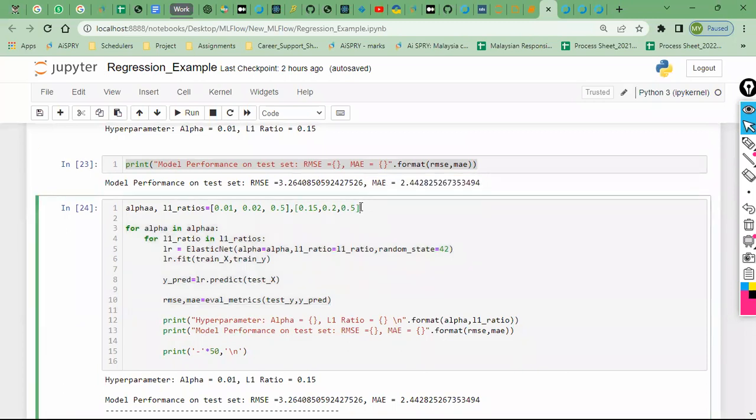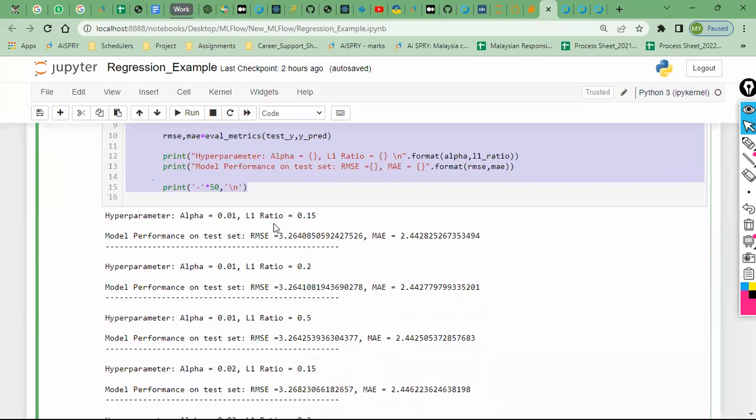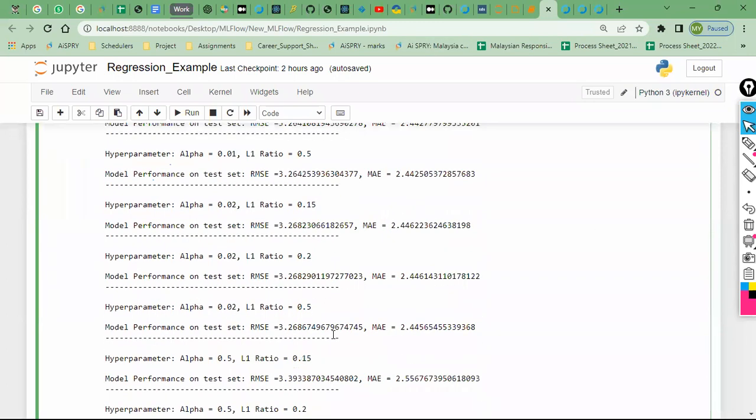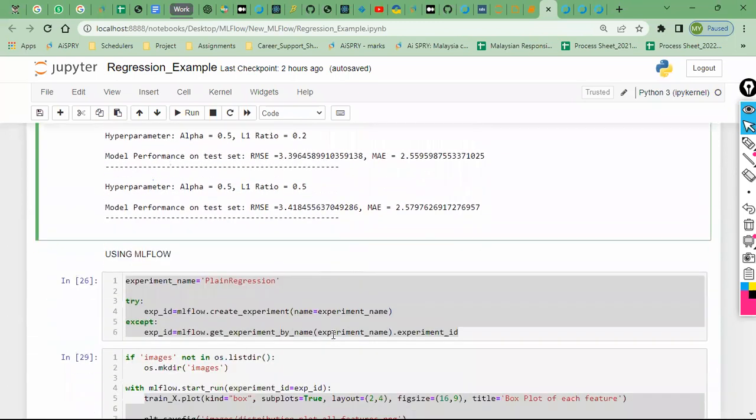When the values keep on changing, it is not constant, then at that time I need to calculate what the RMSE and MAE are. So for that, I'll just pass them to a for loop, and I'll get the results for each instance. You can see 0.01, 0.15; 0.01, 0.2; 0.01, 0.5. With this permutation and combination, I'll be getting the root mean square error and mean absolute error